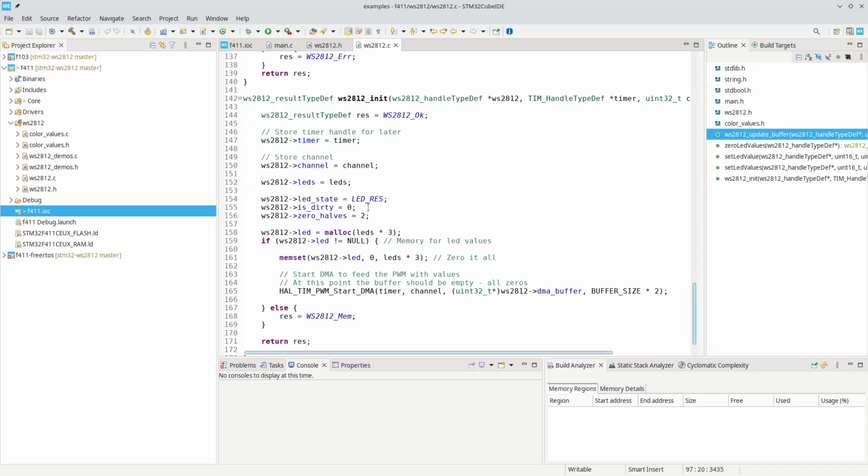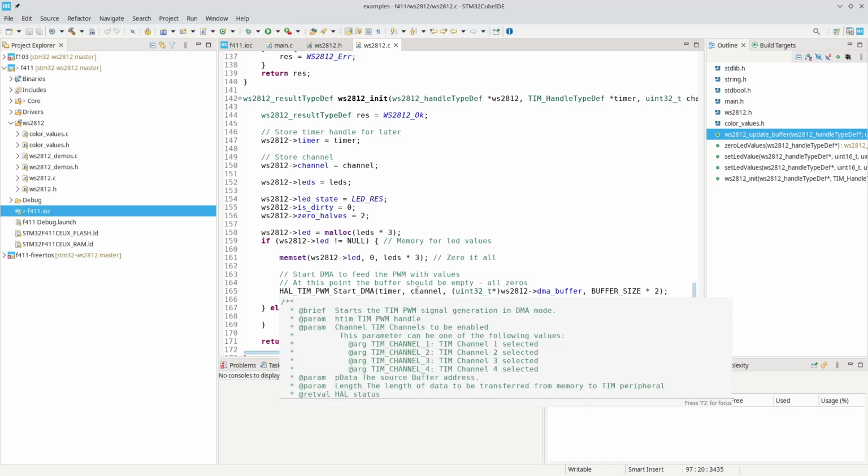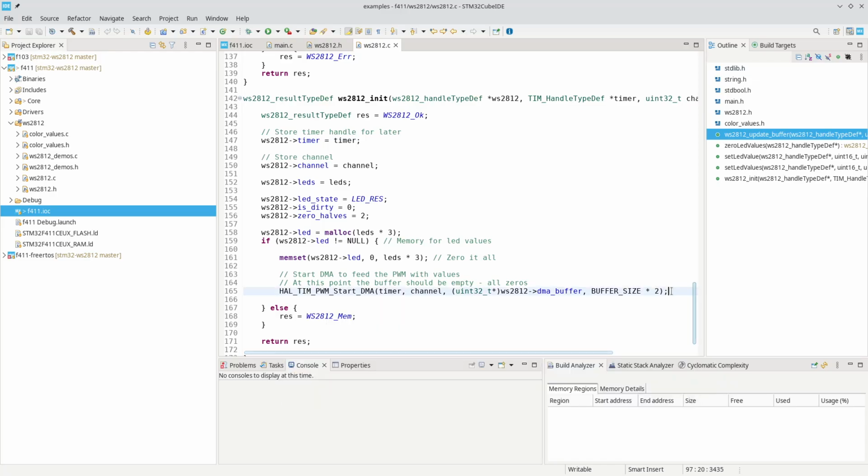We set the is dirty to 0 because it's not dirty at this time, 0 halves. We set that to 2, and then we allocate the memory for enough of the number of LEDs times 3, because we need 3 bytes per LED in this chain. Then we set all this to 0, so it will start up with a blank display. We start the timer PWM with DMA and pass it the buffer,